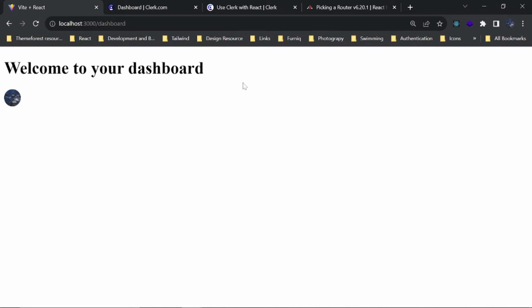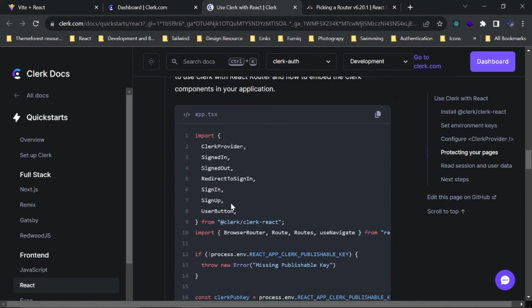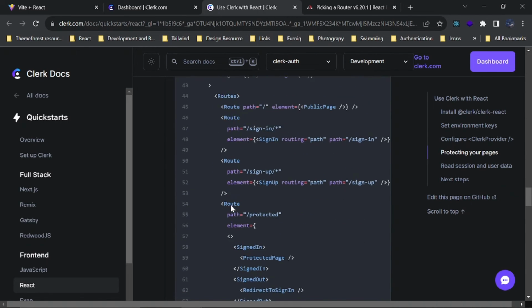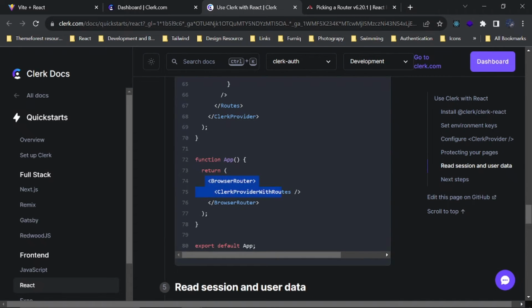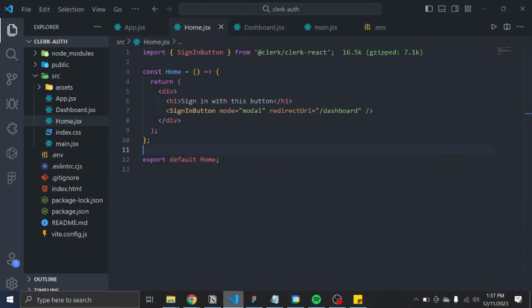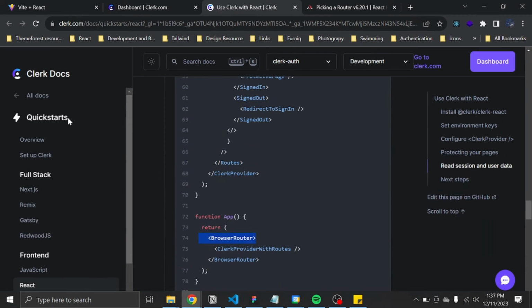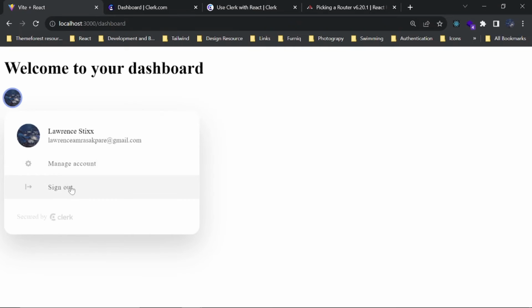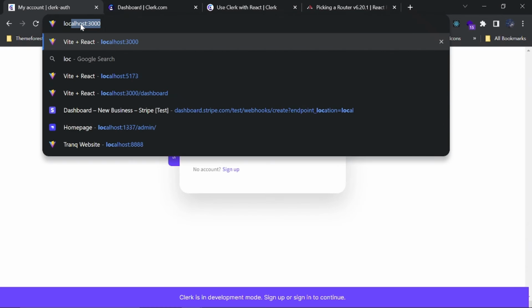So next we'll be talking about the protected routes now. I am not necessarily following all the code here. You can see now, they use this old format of create browser router, and the one we have here is create browser router, but they still do the same thing. So let's just sign out and go back to